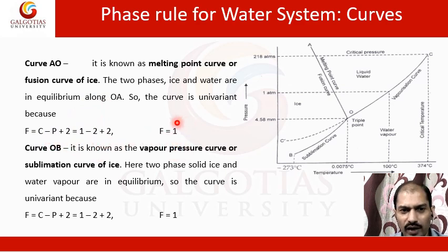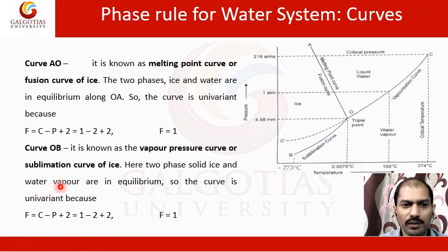So you can easily calculate the degree of freedom. F will be equal to 1, because the component will always be 1, because this is a one component system. If it is a three component system, or in any example you are taking which has two components or three, in a similar way you have to find the degrees of freedom that is applicable for that particular component system. Accordingly you have to find it out. But the terms will have the usual meanings: phase, component, and degrees of freedom.